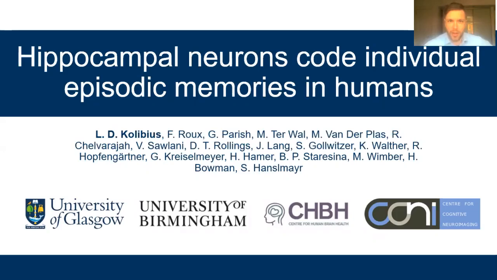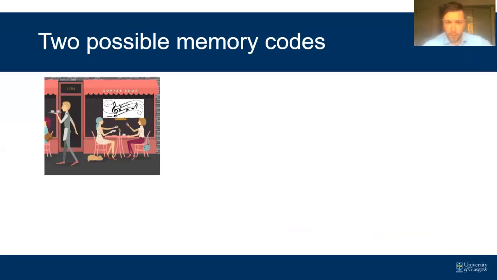Welcome to my presentation on how hippocampal neurons code individual episodic memories in humans. Let's jump right in. We know that the hippocampus is essential for episodic memories, but there are two possible memory